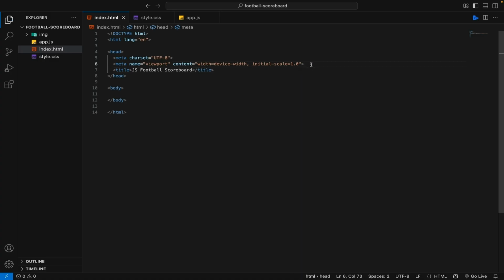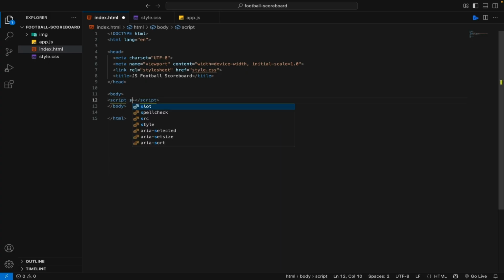And then let's link our CSS. So we'll do our link tag, and our href is going to be our style.css. And we'll link our JavaScript page. So we'll make our script tags, and we'll make the source app.js. And then let's go ahead, we'll put an h1. Say test,